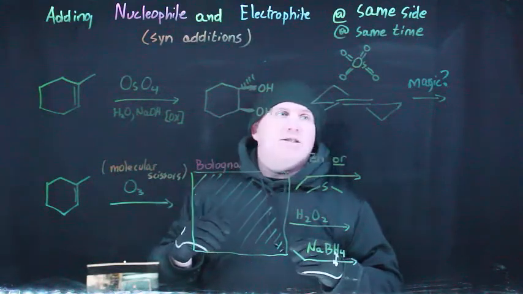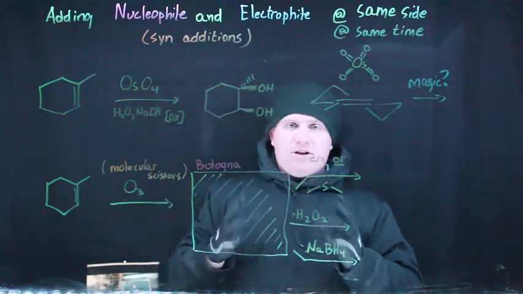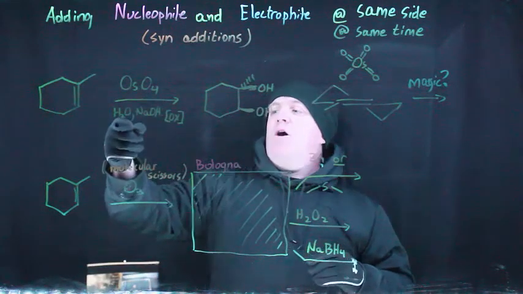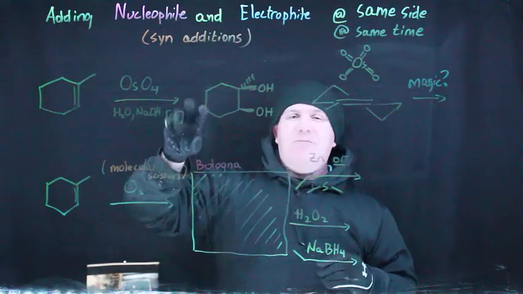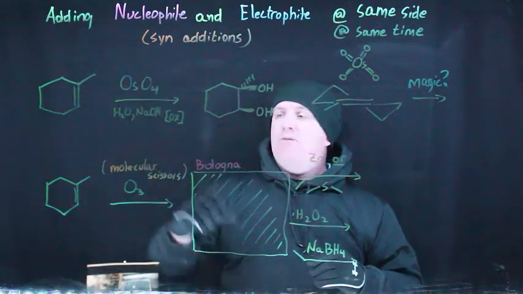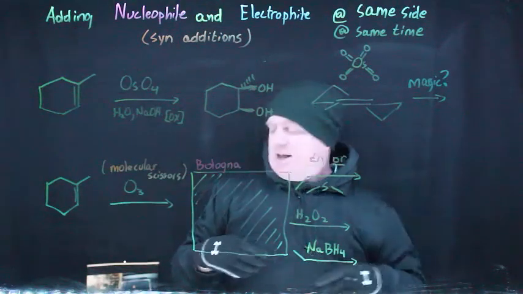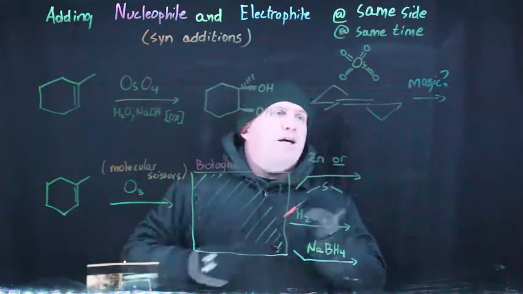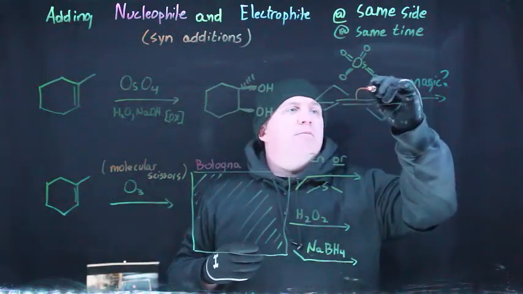And osmium tetroxide is just horrifically expensive, incredibly expensive stuff, so we never use it stoichiometrically. Instead, you use water and hydroxide and then some other stoichiometric oxidant, so that you basically get to use a tiny amount of the osmium and you use up all this other stuff to create what's going to make this go. And again, the mechanism isn't really the point, but what's going on here is that the double bond is